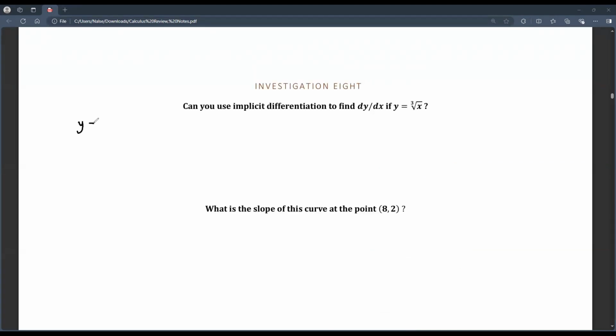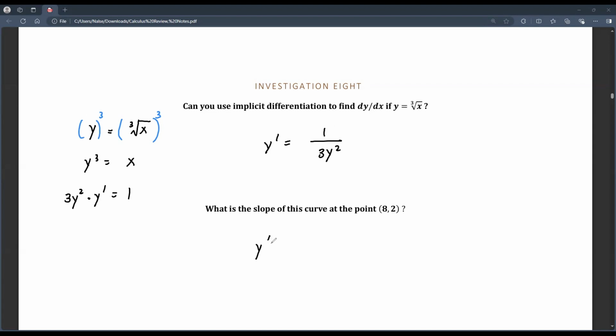Investigation 8. Can we use implicit differentiation to find y prime when y is the cube root of x? While we can use power rule to find the derivative of y, it leads to fractions and radicals. What if we use implicit differentiation instead? What if we cube both sides of the equation to get rid of the root, then differentiate the equation with respect to x? Y prime is 1 over 3y squared,